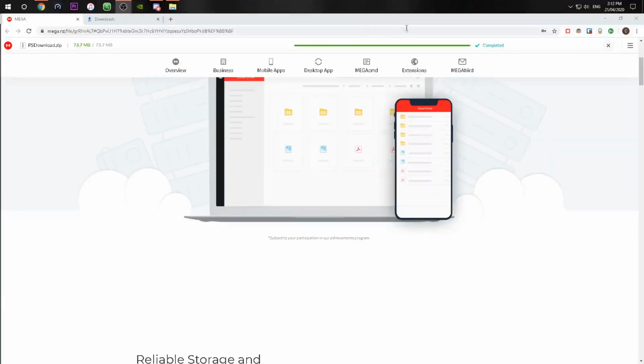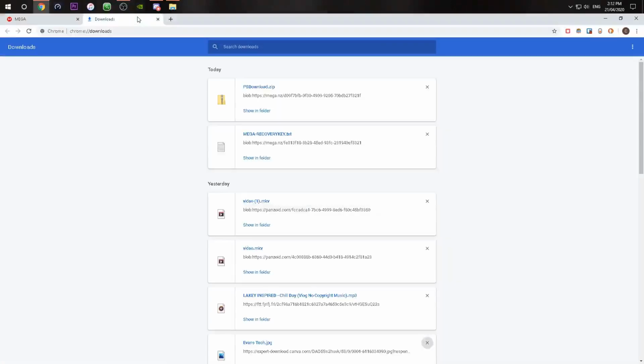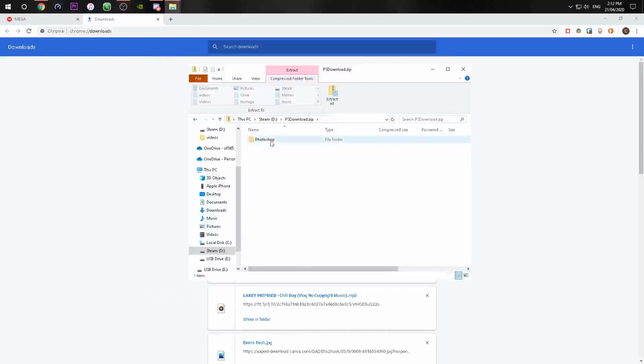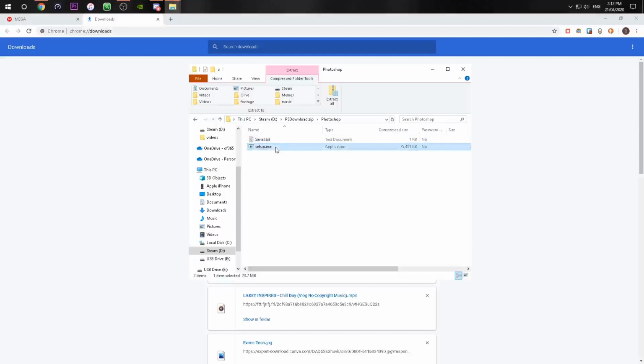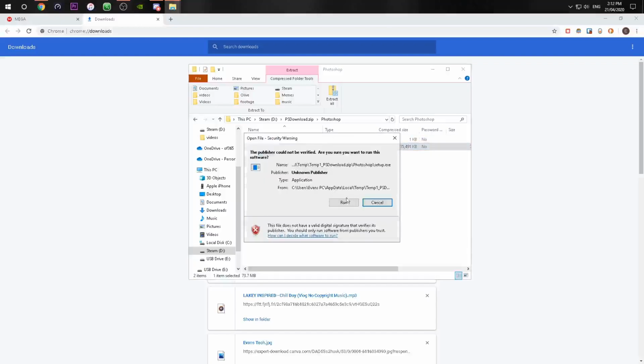Alright, now once it's downloaded and it says completed, it would either come up at the bottom or you can just go to your downloads and just click show in folder. So it's gone onto my other monitor, but I'll bring it up. So here it is. So you click on Photoshop, serial text, and you want to copy this right here. And then you just close it, and then you click setup.exe, click run,